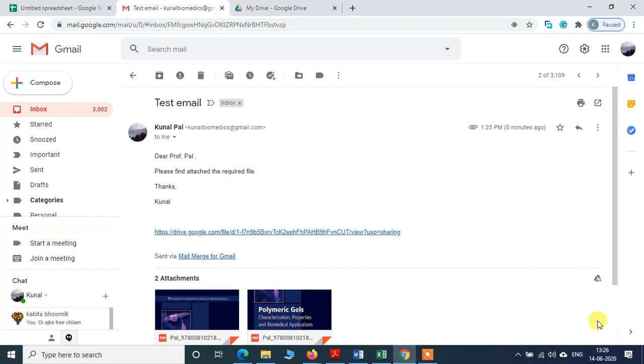Okay, one of the things I see is that many students write dear sir, dear madam. While they are applying to me for various positions like PhD position or research position or summer training position, this is not a good practice. If you write something by their name, it gives a more positive impact on them. Okay, so this is how you can send automated email messages to the persons.